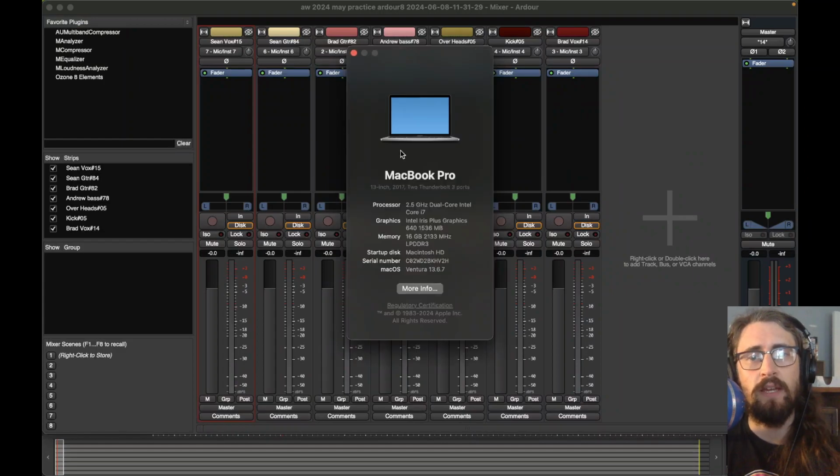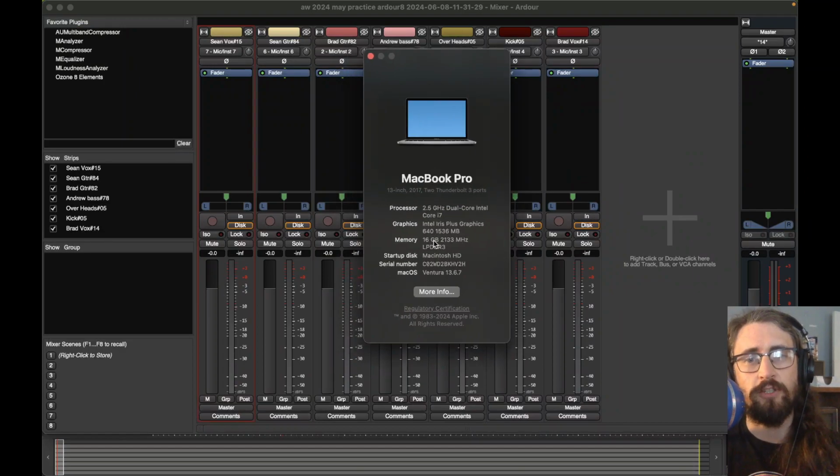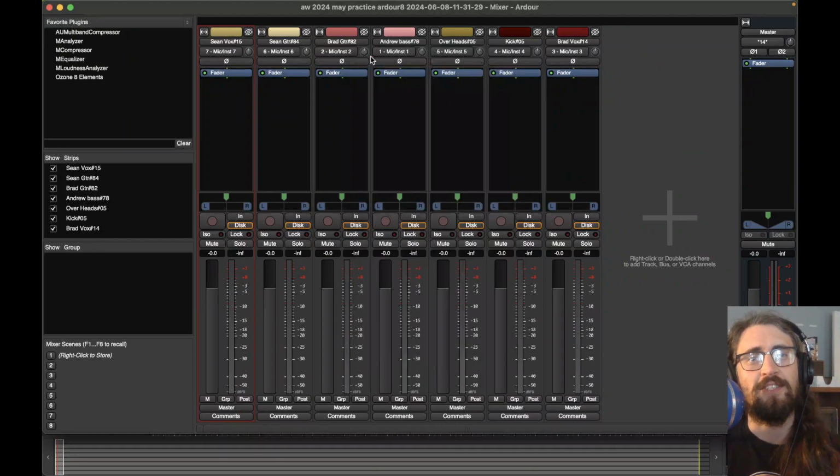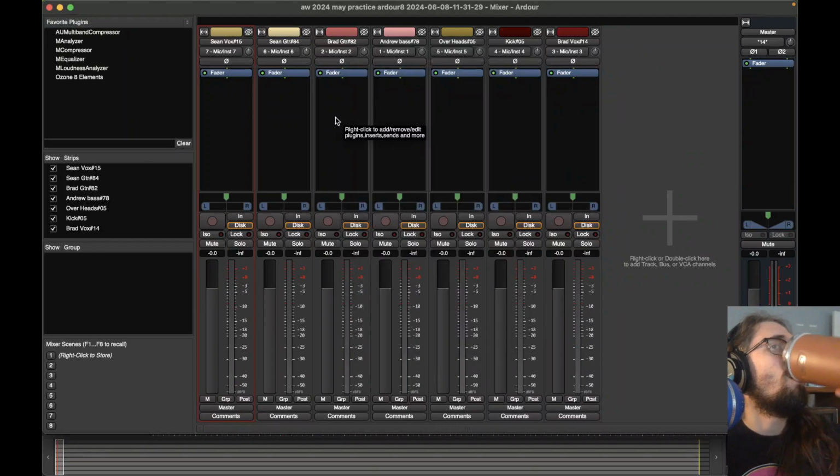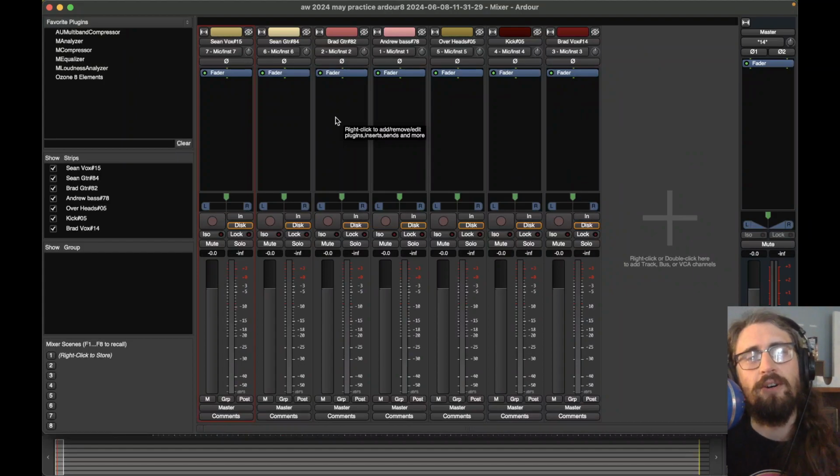Here's just a little bit about this Mac. It's a 2017 i7. It's got 16 gig. I did go in for the extra memory, which was... I don't know if I'll keep buying Mac stuff because it's just so darn expensive. The base model always seems like it's right on that threshold of affordability. And you're like, but I need... At the time, I was like, maybe I just need a lot of memory and that would help. And it does, but I don't know, maybe more internal disk storage space would have been pretty cool. But anyway,